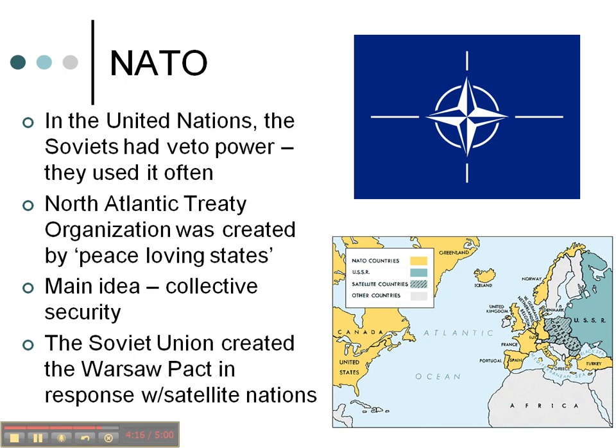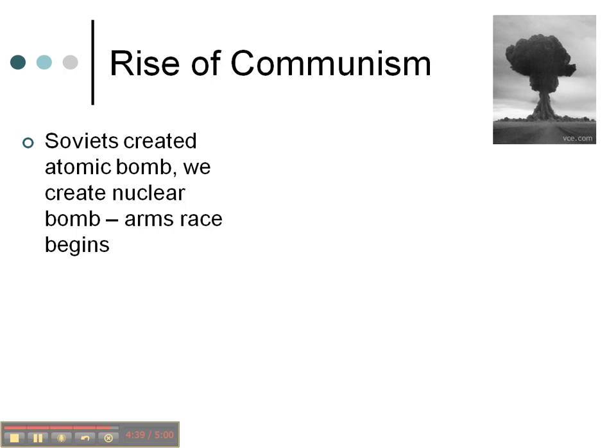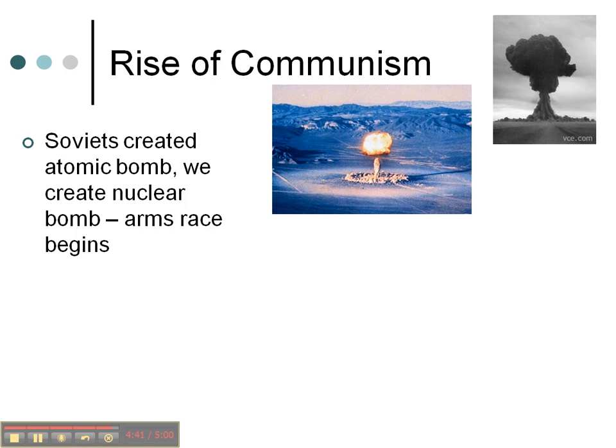And of course, the Soviet Union wasn't going to let that go unanswered, and so they formed their own version of that called the Warsaw Pact, in which basically they took all of the countries that they basically controlled anyway and said, oh, by the way, you're joining our own version of NATO, and we're going to call that the Warsaw Pact. And so as you can see, the Soviets, using this sort of collective power that they all had together, they created an atomic bomb, which started a nuclear arms race. And that's where you start to see a lot of the things that we are going to talk about now